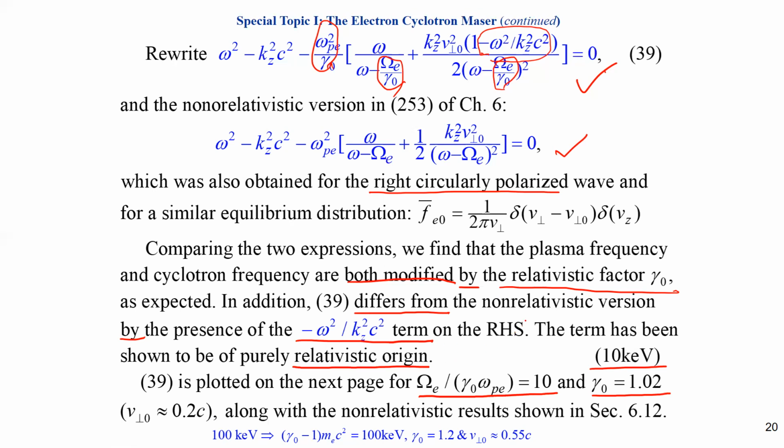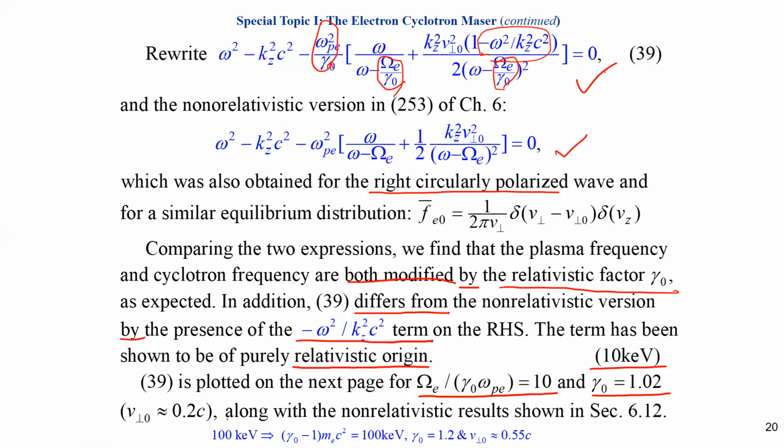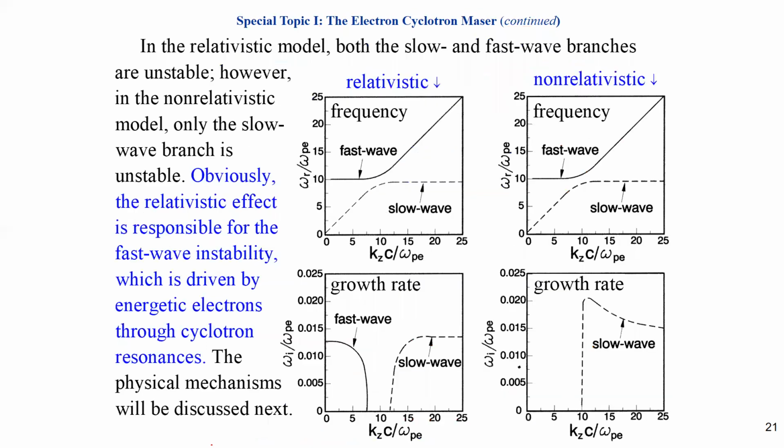Along with, if it is 100 keV, here is 100 keV, sorry. 如果是100 keV, 这个地方 gamma 就会变成 1.2， 然后 v perpendicular 就会变成 0.55C。OK， 所以你看10000伏特的电压，你就可以产生 0.2 speed of light，还蛮容易的。